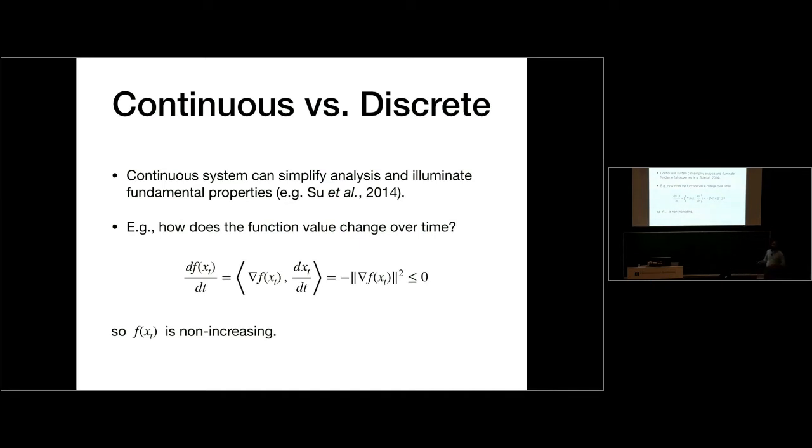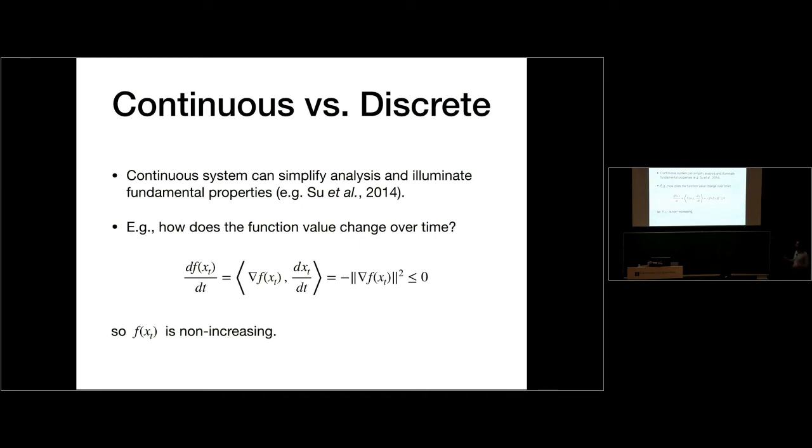OK, so we were trying to minimize our function. And I gave you this algorithm, and I didn't convince you at all that it made any sense to do that. So here is the one-line proof that convinces you that it's a reasonable thing to do. If we ask, what is the derivative of the function value evaluated at that curve in time at some point t? Well, you just use the chain rule. So you get this inner product between the gradient of the function and the derivative of the curve at that point in time, which is itself minus the gradient. And so you get that it is the minus squared norm of the gradient of the function at that point, which is always less than or equal to 0.